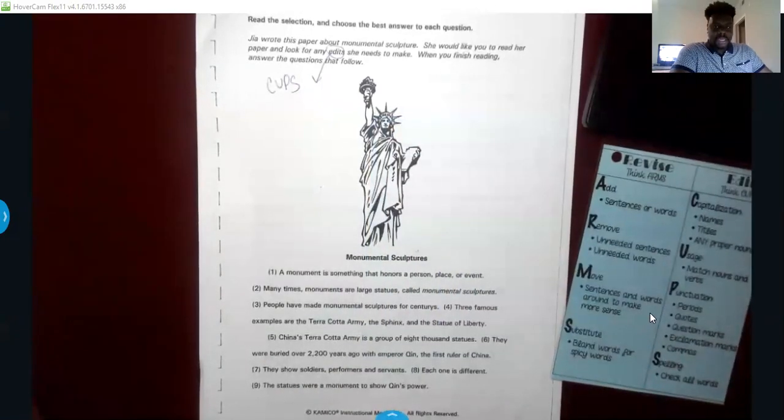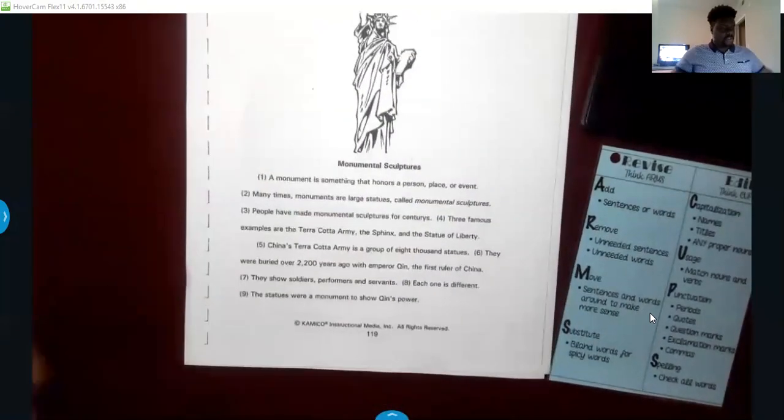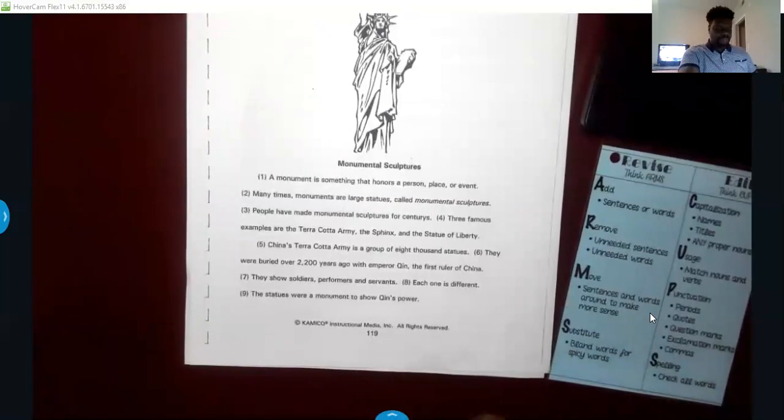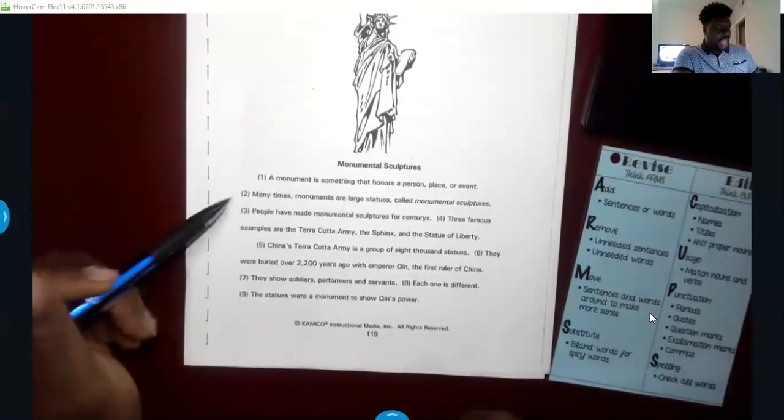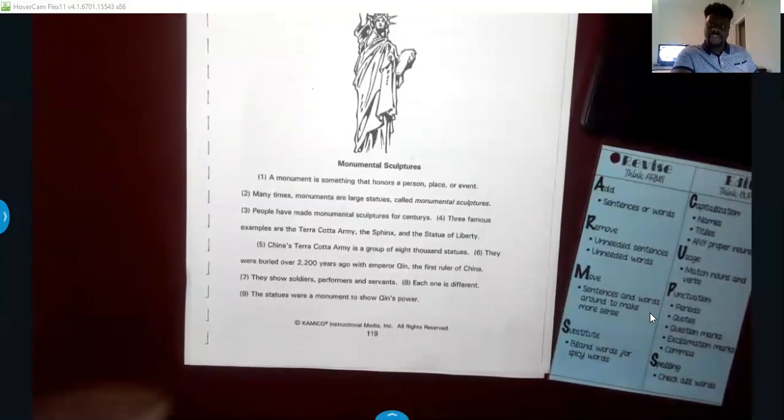Now we are back, and I want us to look at the passage because before we answer any questions, we always have to figure out what is our central idea. What is the author teaching us or telling us, or what is this passage mainly describing? That helps us understand when we go back and do our revising and editing, to get the passage a little bit clearer for us. So I'm going to read through it, and as I'm reading, what I want you to do on the side is, after I read a paragraph, maybe make a little note about what that paragraph is about, and then we're going to piece all that together to get our big central idea.